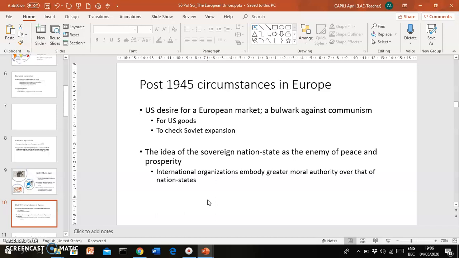So there was an increasing awareness that perhaps international organizations have a higher moral authority over the state, in the sense that international organizations would be able to check, and not only check but also have the moral standing to check the nation state, the tendencies of the nation state to think about itself only, or to be aggressive in its foreign policy, for instance. So maybe there was a need for greater international cooperation. Maybe there was a need for bodies that go beyond the nation state. You know, political bodies that could make decisions well above mere national interest, for instance. Okay,